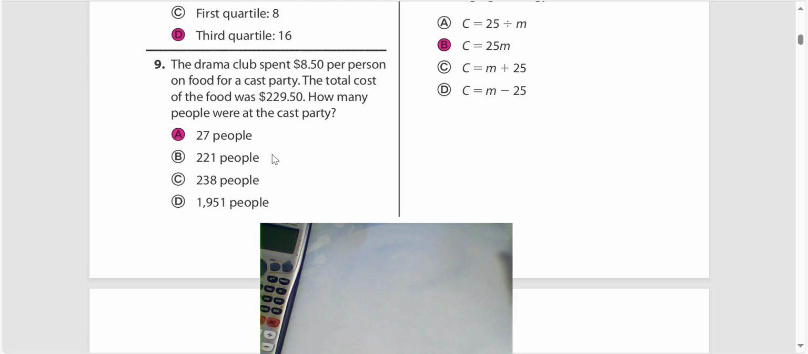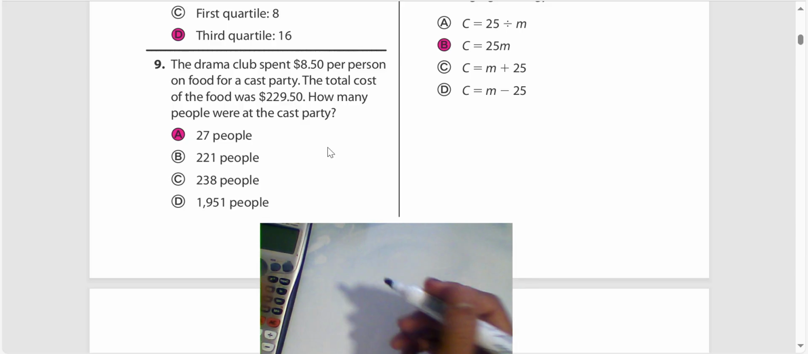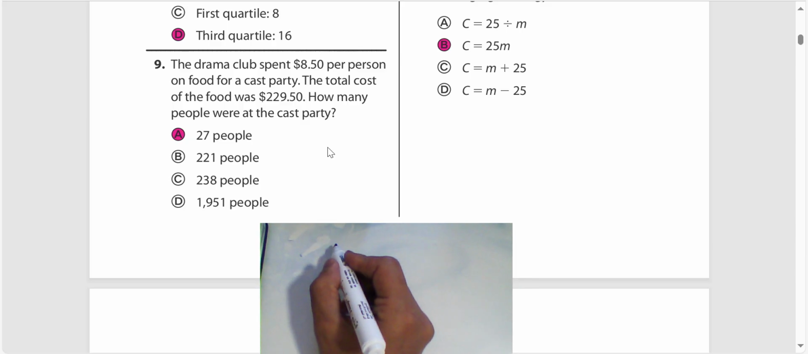Drama club spent 8.5 per person on food for a party. The total cost of the food was 229.5. How many people were at the party? We have the numbers here. Drama club spent 8.5 per person on food for the party. The total was a number. We can divide them to find the number of people. Dividing between two numbers, we have here